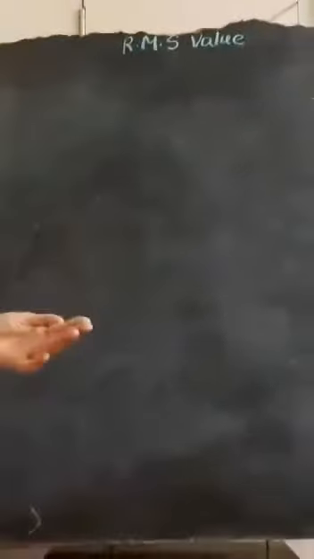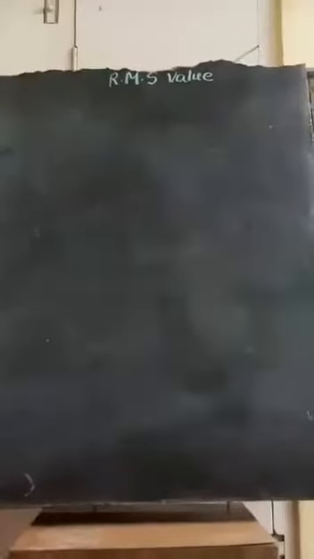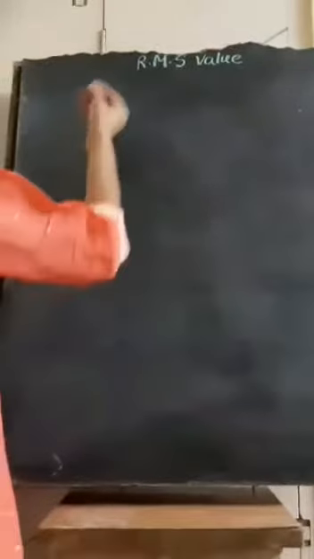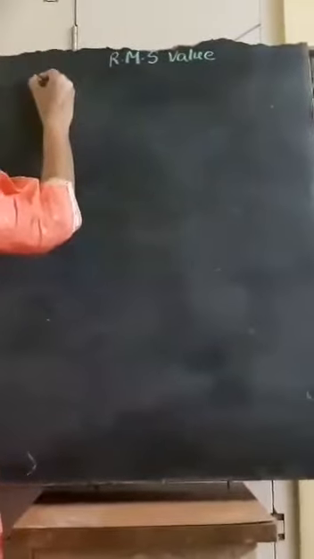We will do the second application of integration, that is RMS value, root mean square value. So we will be finding the mean value only of I square, and after finding that we will take the square root. So it is root mean square value. Whatever is the function, you have to do the square of that function. I will write the formula first and then we will take an example.